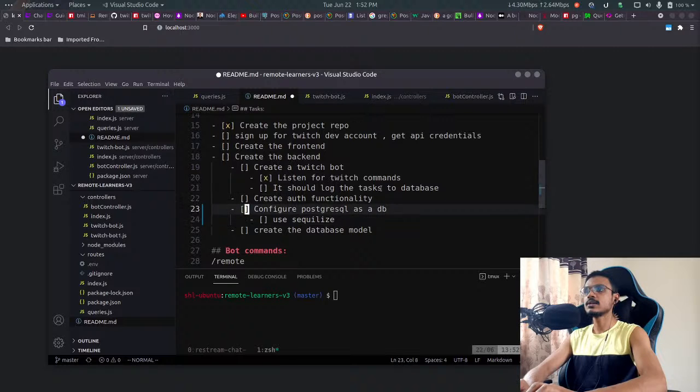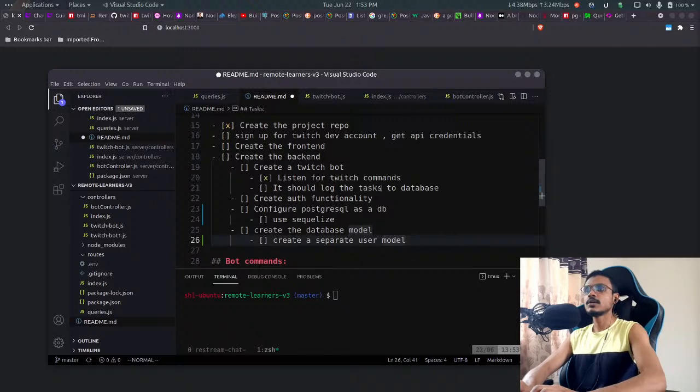we can mark it as ended for now. Use Sqlize. Yeah, this seems like the right spelling, Sqlize, right? That's one of the tasks. And second task will be create a database model. Okay, create a separate user model. See, we don't need a separate model just now, but just for the sake of learning PostgreSQL, I'm going to